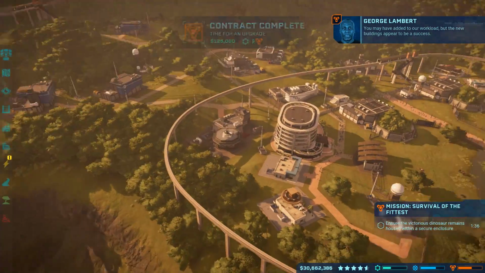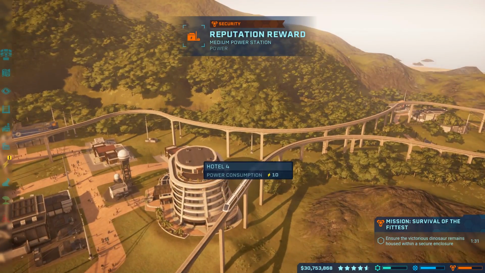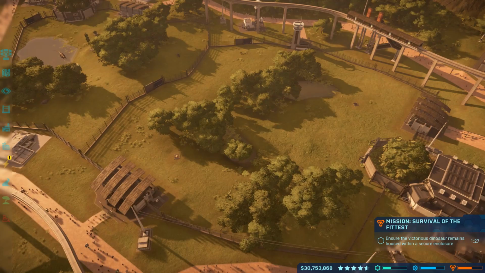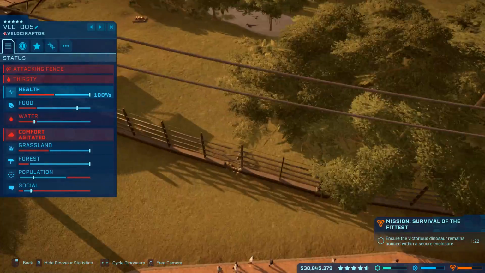Oh, wow. Oh, look. Reputation contract complete. Another reputation reward. Medium power station. Fantastic. Things are coming along quite nicely. We don't actually have an awful lot left to do on this island. Just over a minute to go before this experiment is complete, and...